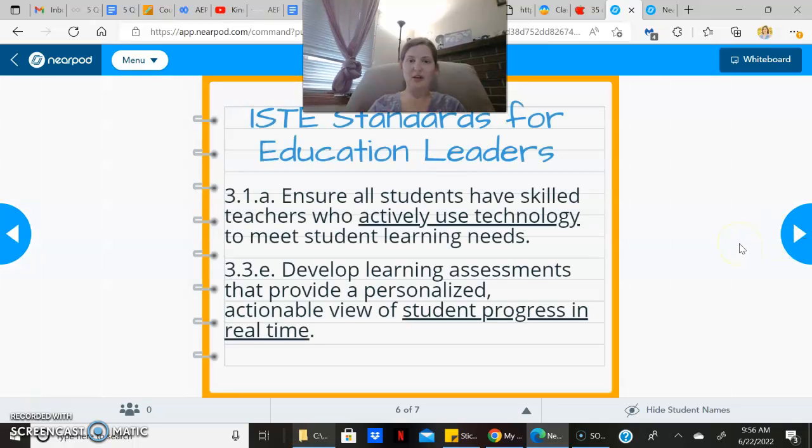The standards for education leaders that are covered through Nearpod is 3.1.A, ensure all students have skilled teachers who actively use technology to meet student learning needs. So I really like this because it engages all learning styles. And then